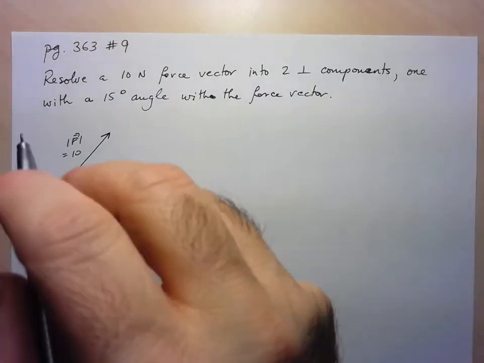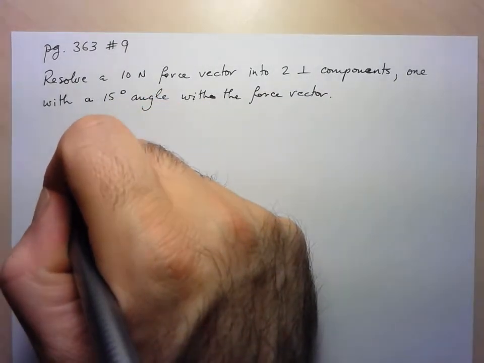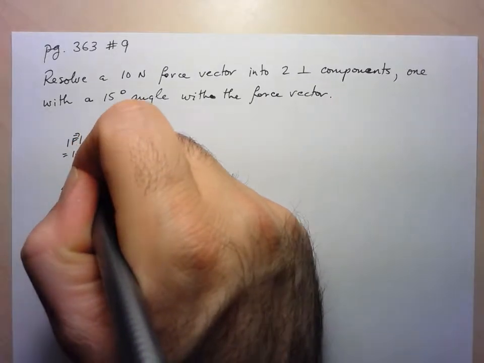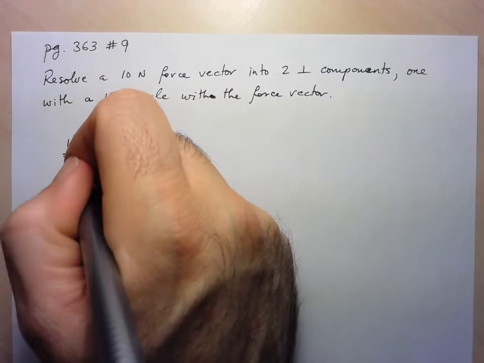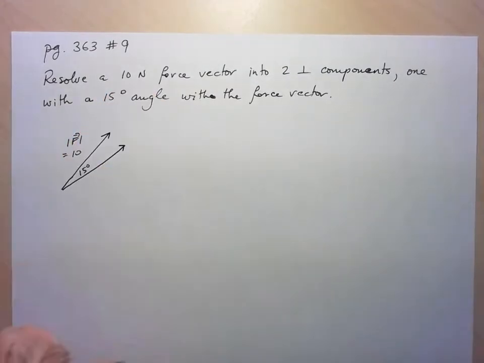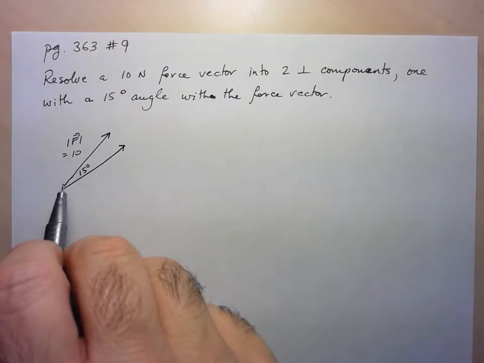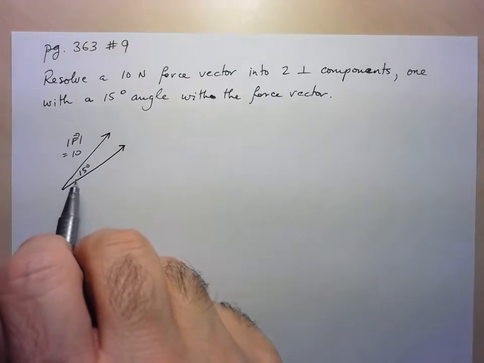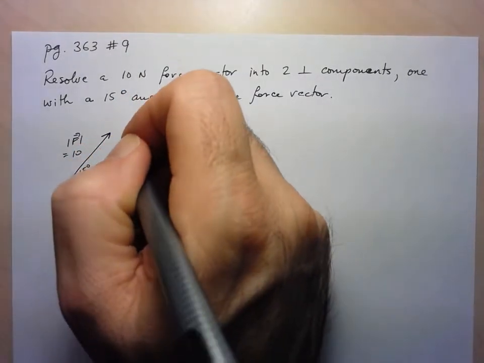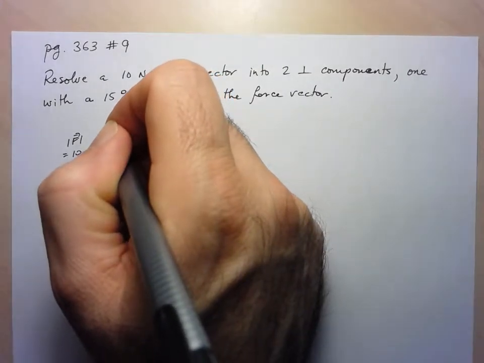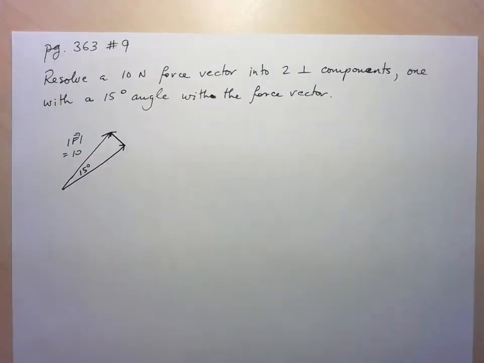Okay, so I need one of these components to be 15 degrees from my vector. So I'll draw something that looks reasonable. Okay, so that's going to be one component. It makes an angle of 15 degrees. Notice here that it's the angle between the vectors placed tail to tail. And I'm going to take this vector and then add a perpendicular vector to get to the tip of